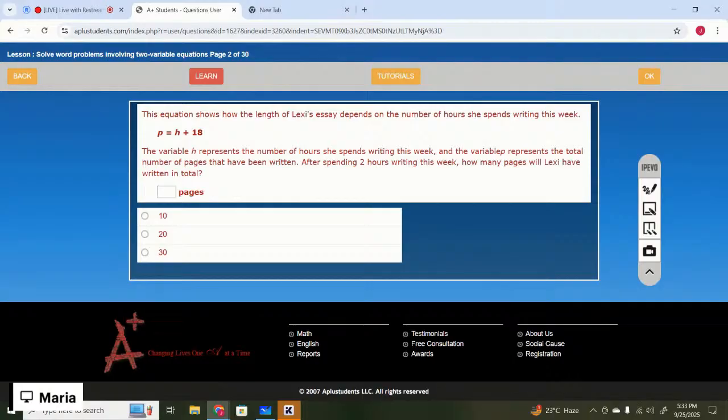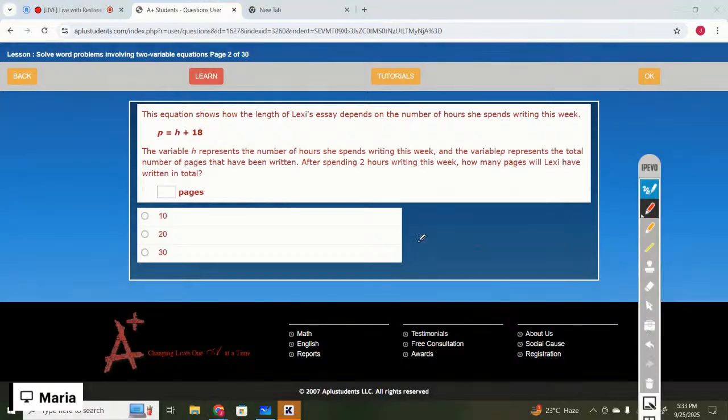This equation shows how the length of Lexi's essay depends on the number of hours she spent writing this week. The variable H represents the hours she spent writing this week, and the variable P represents the total number of pages that have been written. After spending 2 hours writing this week, how many pages will Lexi have written in total? So P equals H plus 18. We are given H is 2, so 18 plus 2 equals